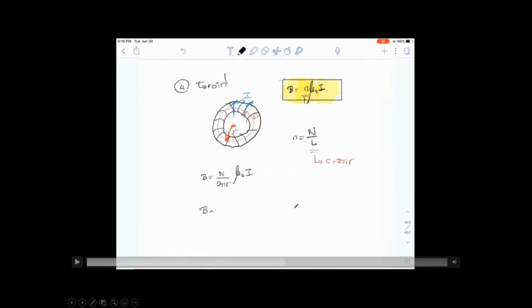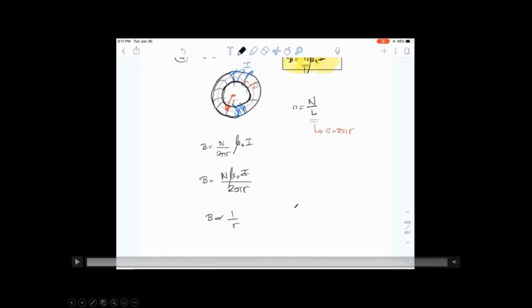And when you do a back substitution into lowercase n, you will notice that the strength of the magnetic field is going to have a radial dependence. All right, so you got this inverse relationship. In essence, if you increase the distance with respect to the center of a circle, the strength of the magnetic field is going to diminish. This goes up, B is going to go down. That's what it means. So which means